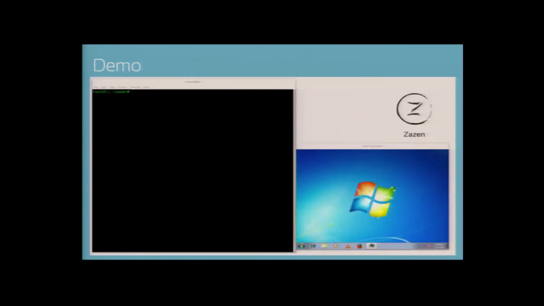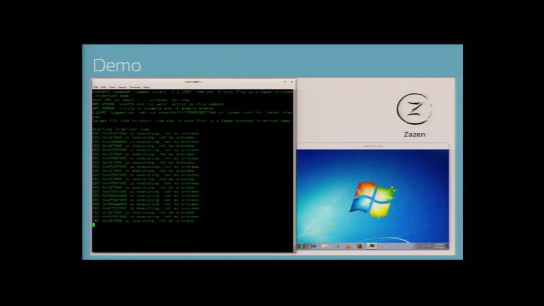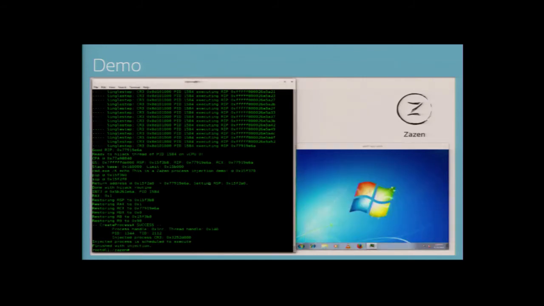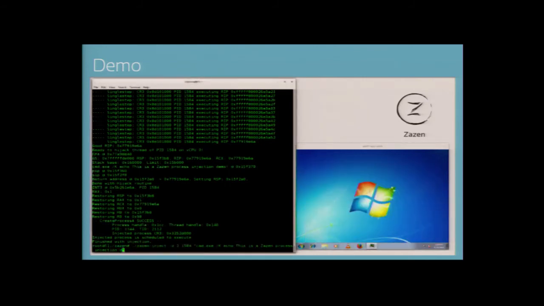So just a really quick demo, just so you guys can get an idea of what it actually looks like. It always helps to put this in context. So basically what we're going to do here is show you a couple of examples of how this actually works. In this situation, we're injecting a process where we can actually start the command line and just print some stuff out. I think we'll do that one more time here.